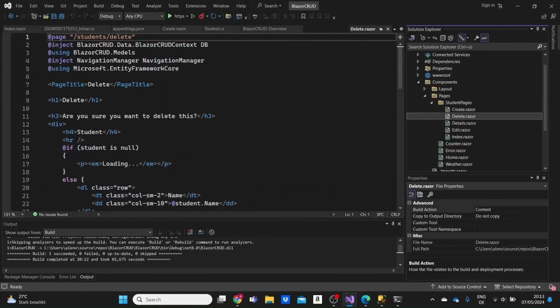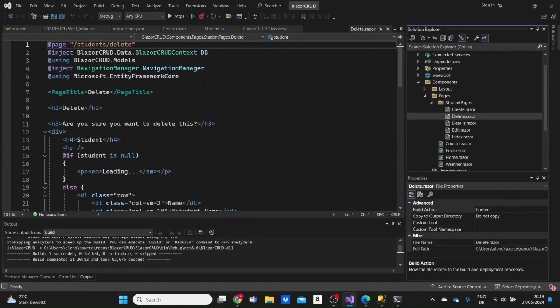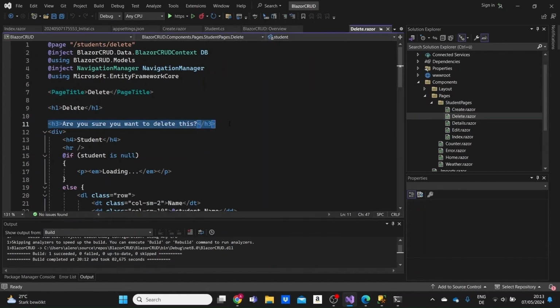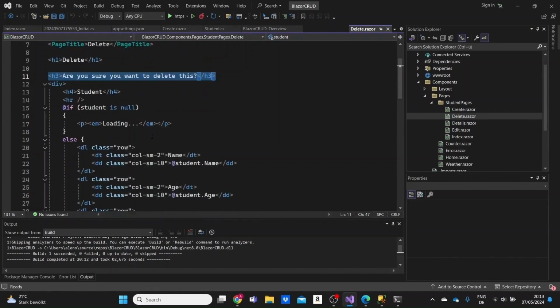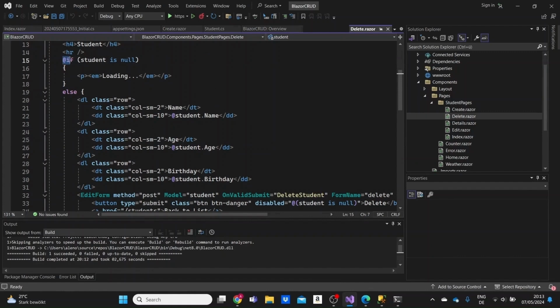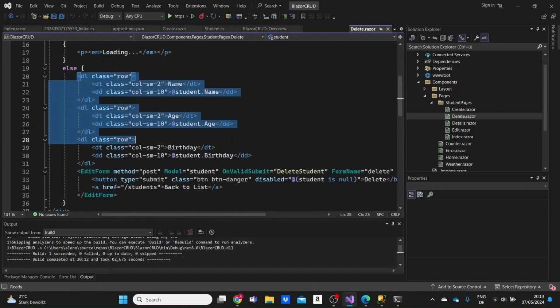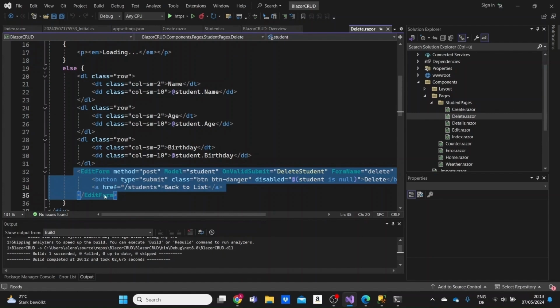Let's go to the delete page. So on top of the page, we have like this big header asking us if we really want to delete the student. And here is displayed, if the student is not basically loaded yet, we see this message. If so, we'll see all of the data of the student, and then an edit form again, an edit form component to basically delete